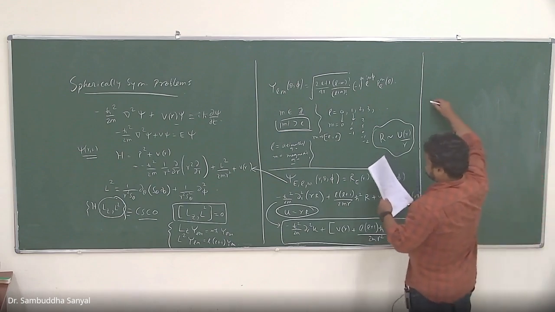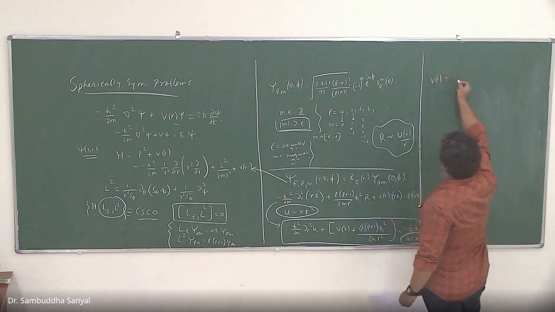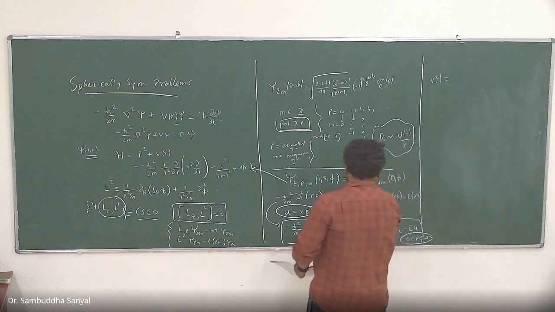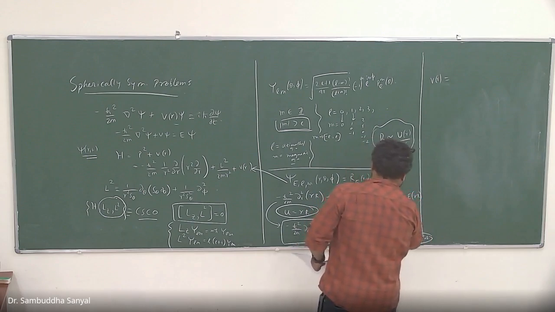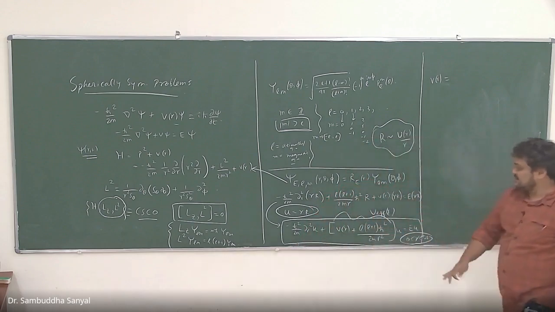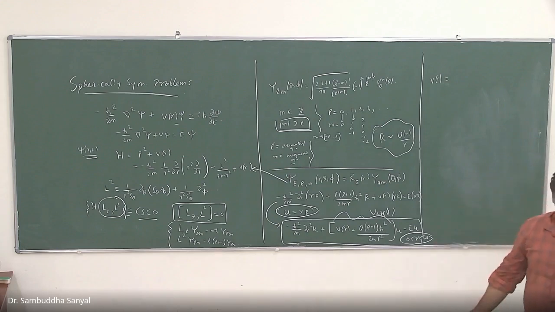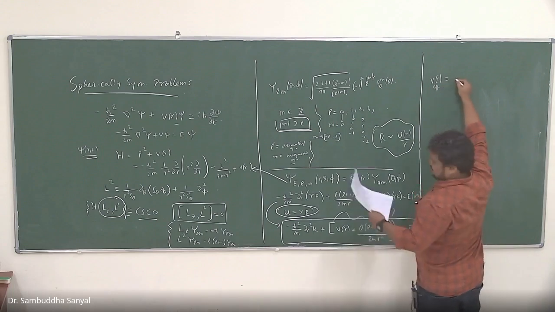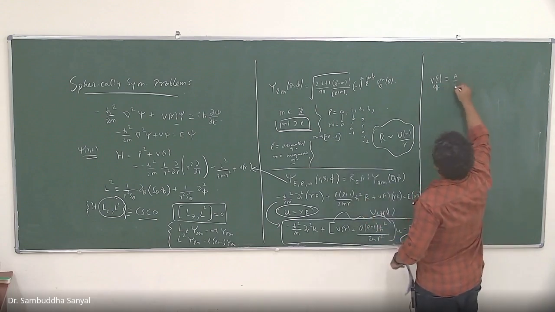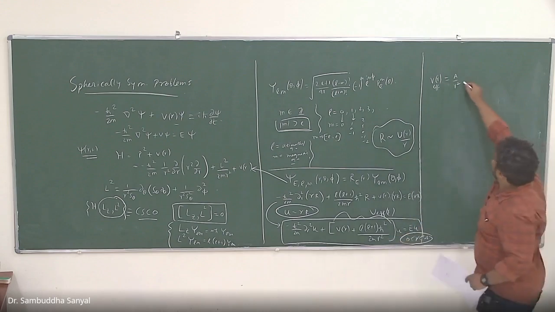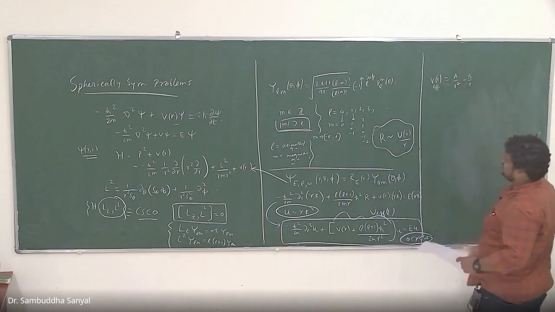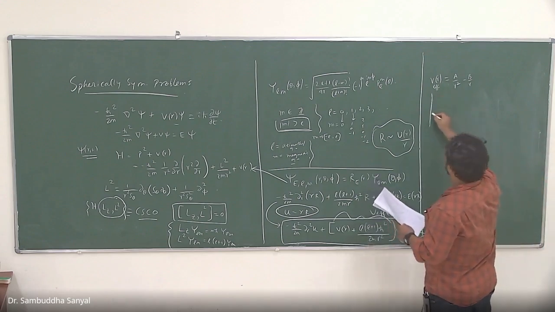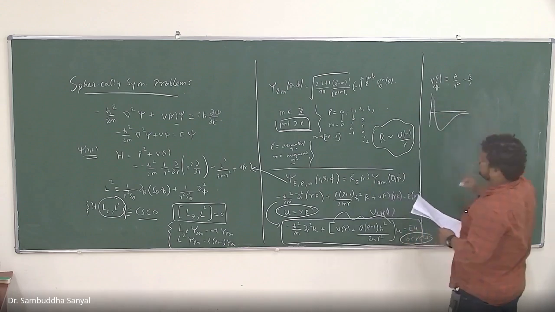For example, let's say your V(r) is of this form. Let me call this whole thing V effective, your effective potential. There is an additional term because of the centrifugal force. This is the centrifugal part. So V effective, let's say it is A by r square, which is this term, minus B by r. So this is an attractive potential. If you sketch it, you must have done this kind of thing. It will look like this.